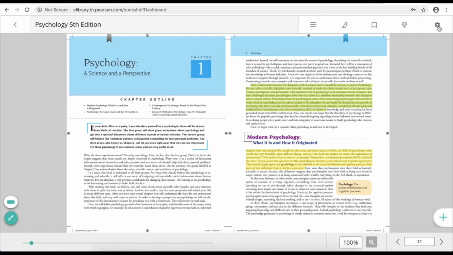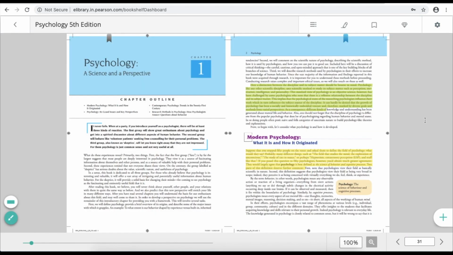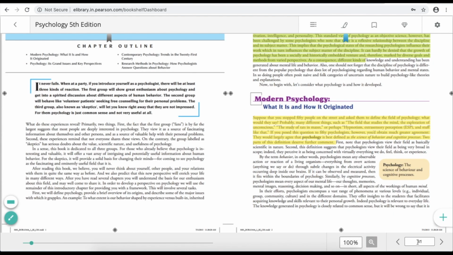You can further adjust the display options to single page or double page. Coming at the bottom towards the right, you can change the size of the text by zooming in and out, or if you want to directly jump to the desired page, you can also do that using this particular tool.